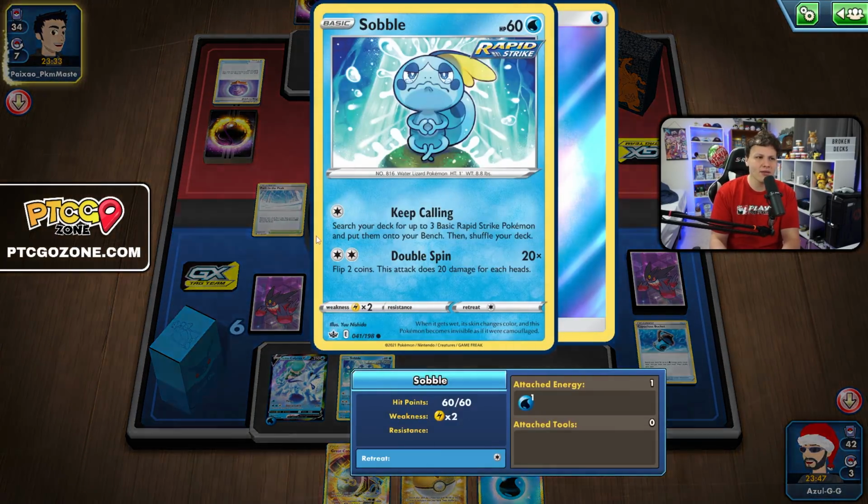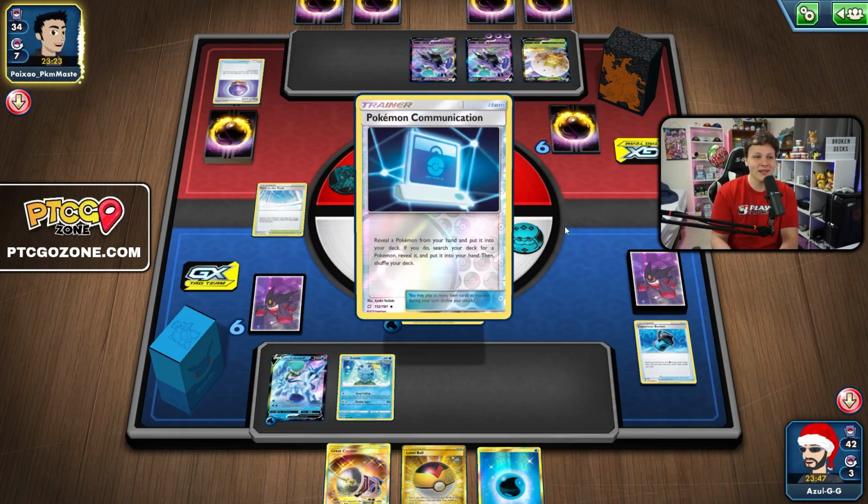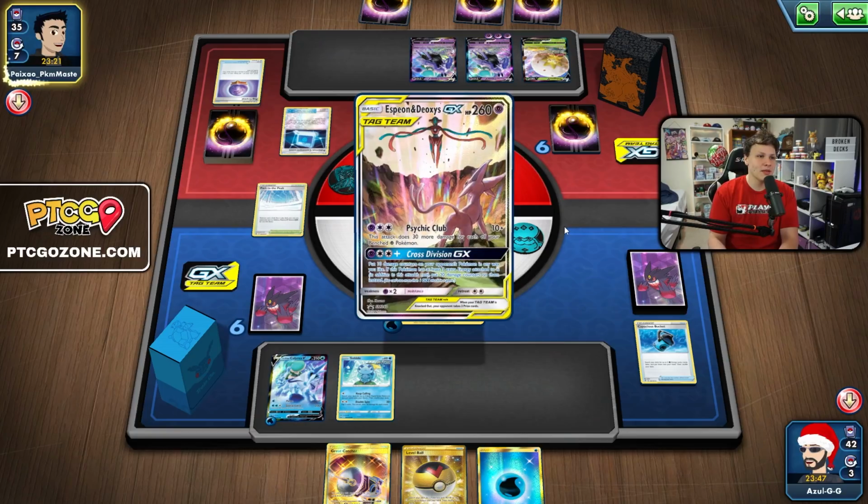I guess if they whiff the knockout on the Sobble, it won't be too bad. But I fully expect this Sobble to be taken care of on my opponent's next turn. So I don't think this Sobble's sticking around, unfortunately. So yeah, we'll see where it goes from here. I think it's definitely going to get tough, though. Definitely going to get tough because, yeah, we just don't have...